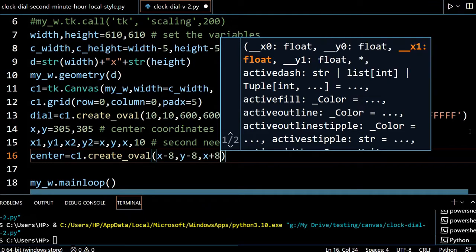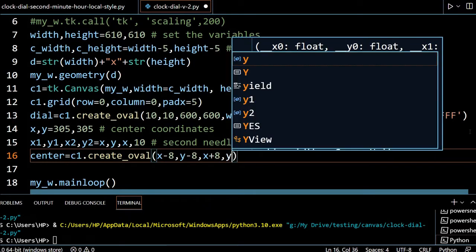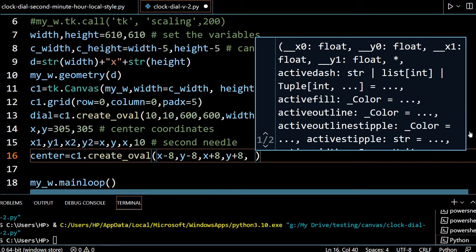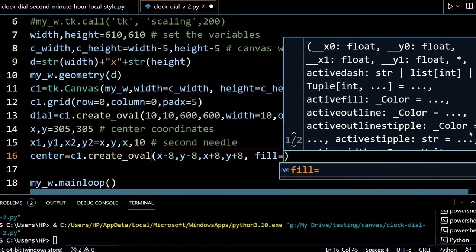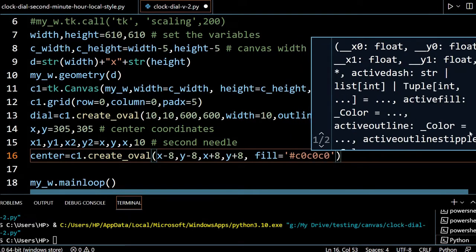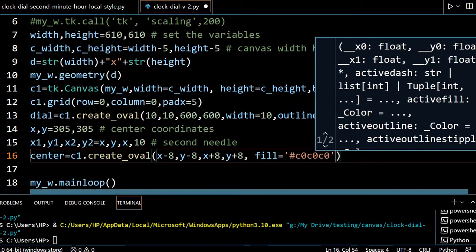You can change this 8 value if you want a bigger circle at the center. We'll see how that looks also. And some background color I am giving, fill equal to C0, C0, C0, fine, that's all. Now let's see how this looks.